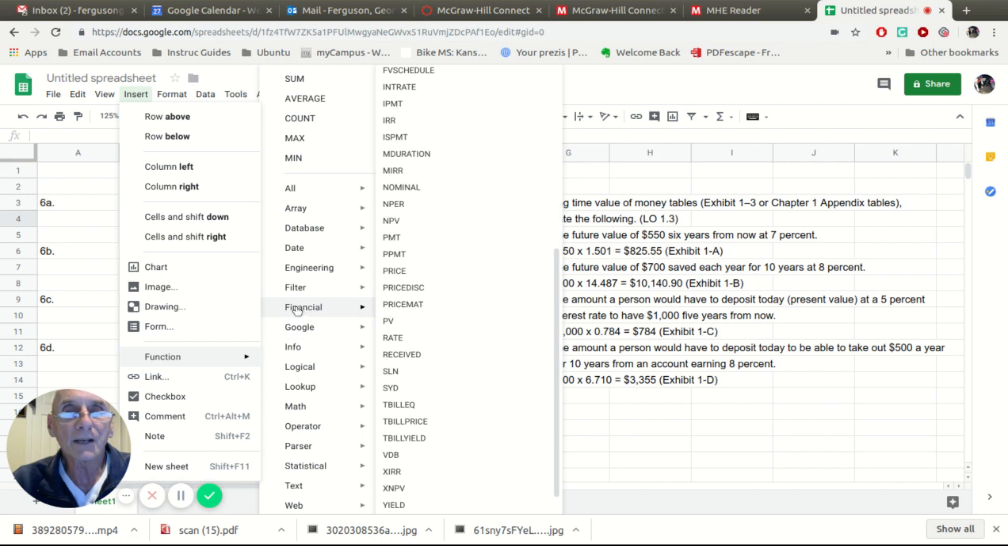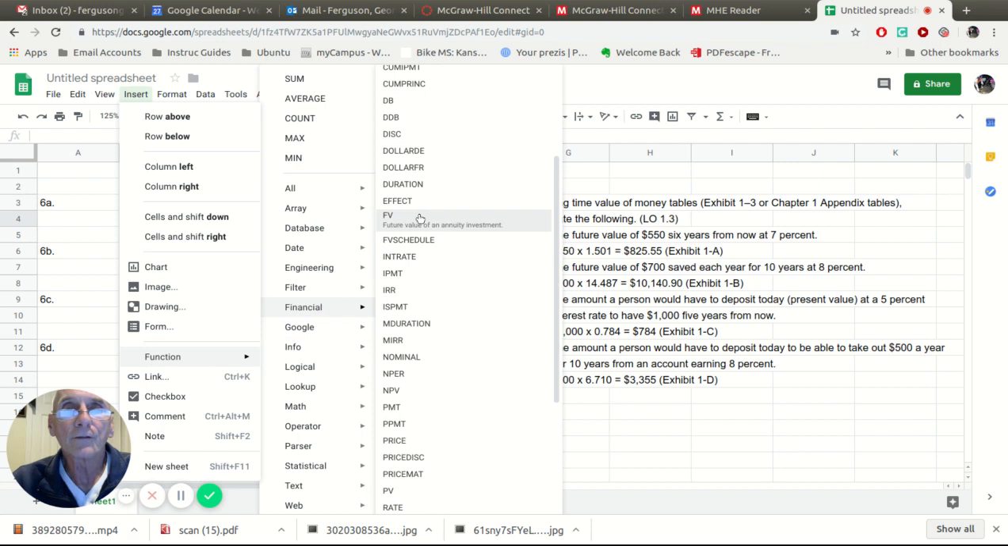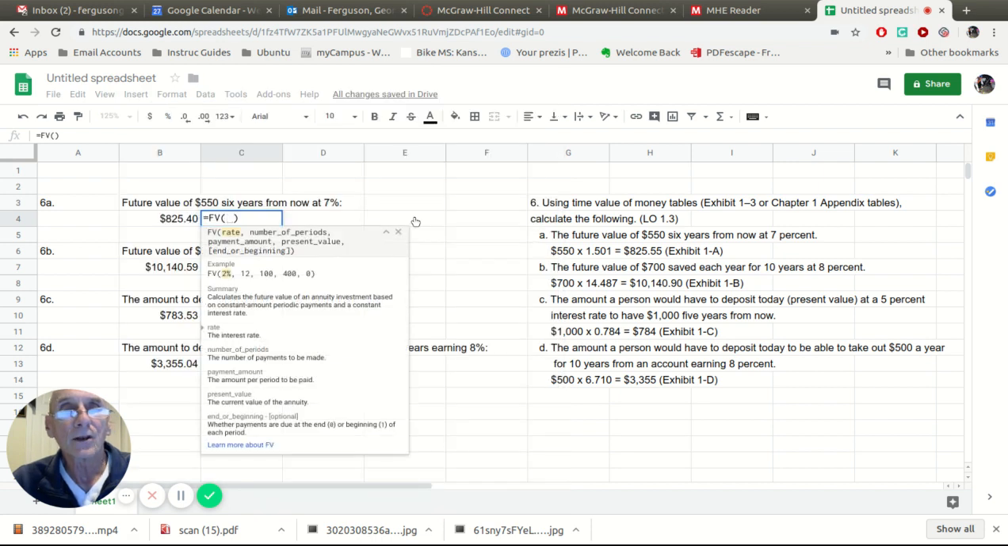We're looking for a financial function. In this case, future value, FV. So I click on that, and it shows me the things that you need to input: rate, number of periods, and it's highlighting what is necessary. It also shows you what some of those things actually mean to help you learn about it. So in this case, to get the future value of $500 6 years from now at 7%, the rate